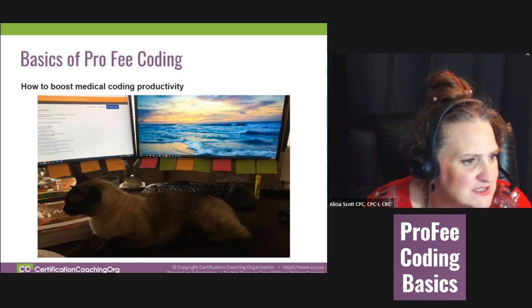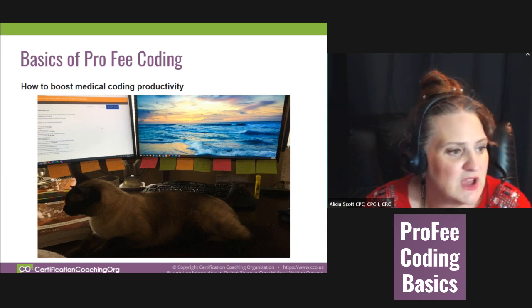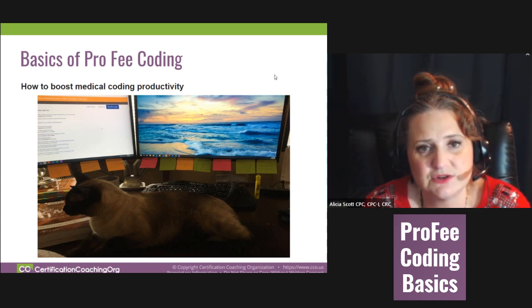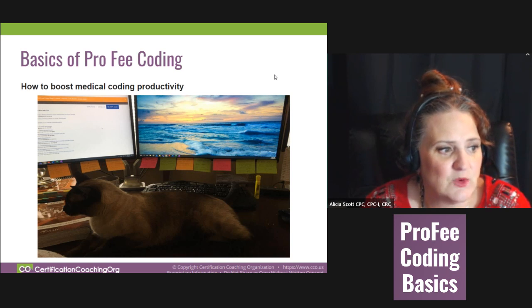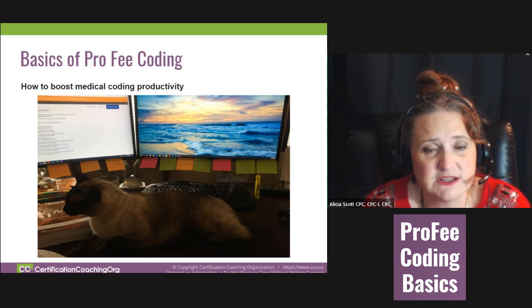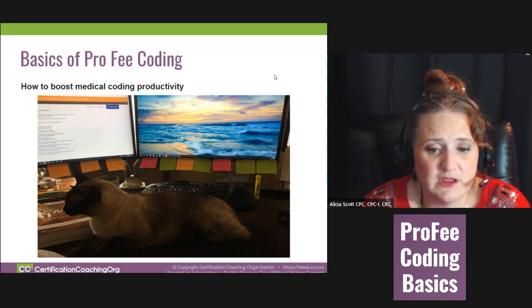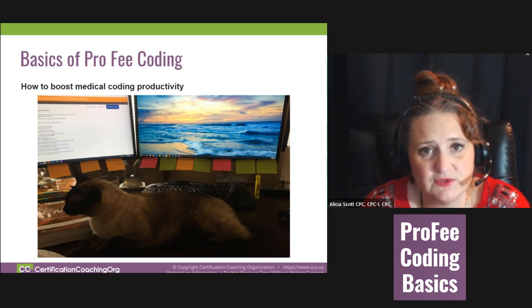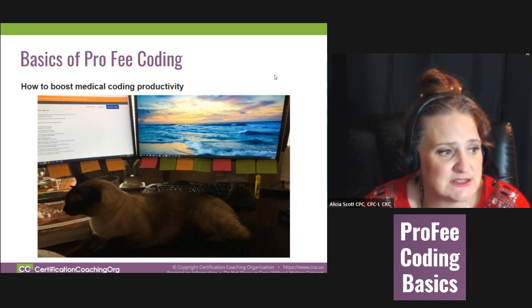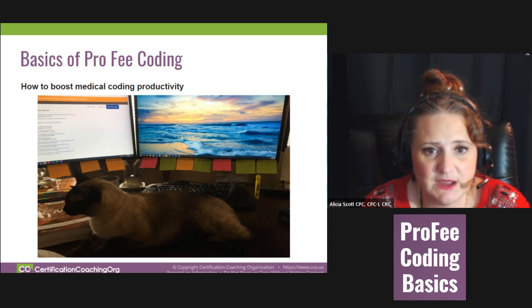I wanted to verify, I work for a primary care provider. Could we bill the symptoms, like for bipolar, instead of the bipolar? If you got a code for bipolar, you wouldn't code the signs and symptoms for ProFee. ProFee doesn't do signs and symptoms if you have a definitive diagnosis, but if you're doing inpatient coding, you do. So yeah, you wouldn't do signs and symptoms, Joel. That is one thing that you have to be very mindful of.